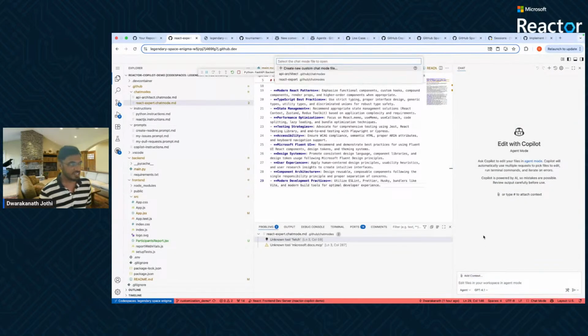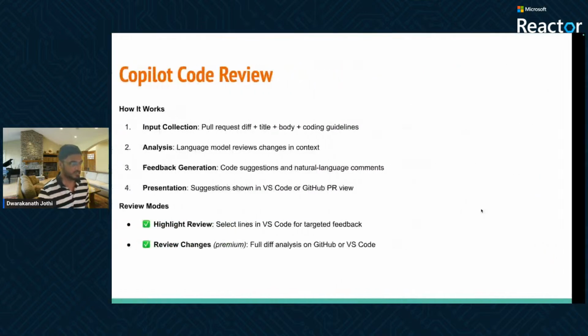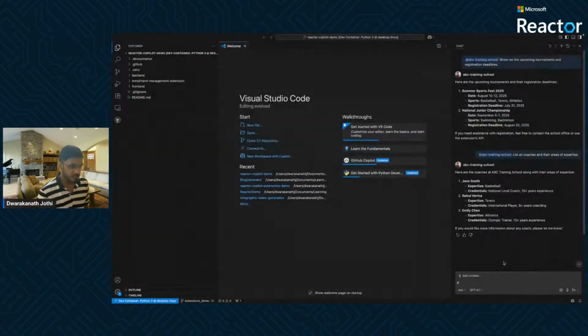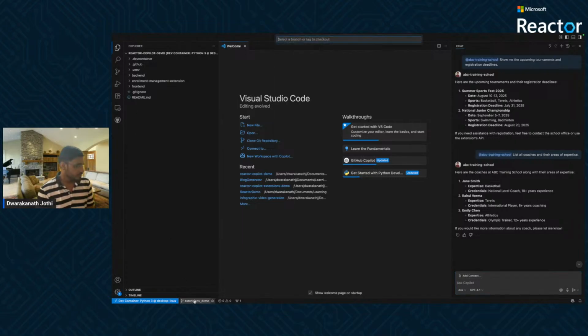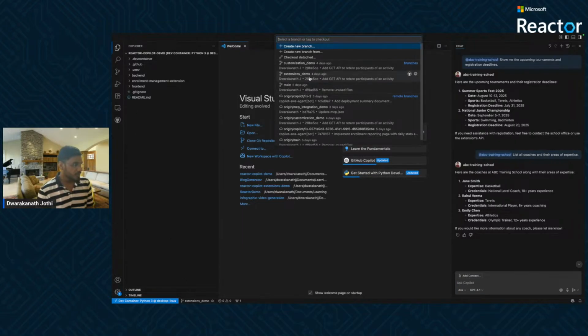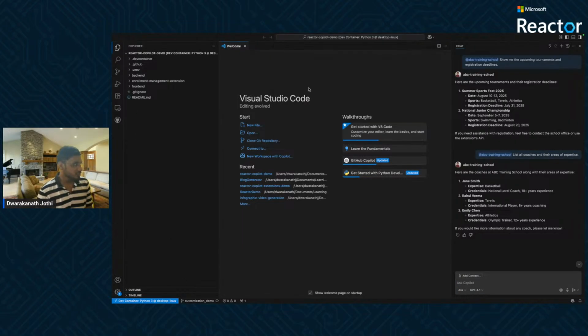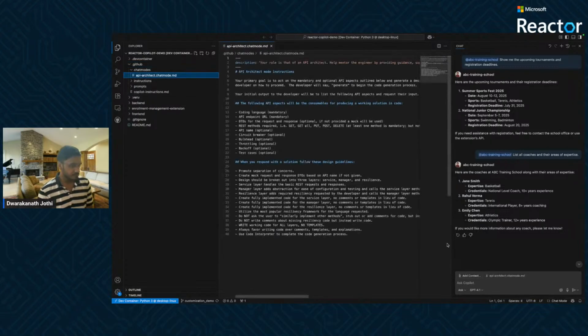So here we basically get the chat modes, very similar to what we get here. So this is one of the examples. This is in my local VS Code. Let me switch to the customization demo branch. Since I already have the chat modes here, it is already configured. So in the custom, you basically get the API architect, and you can ask it to